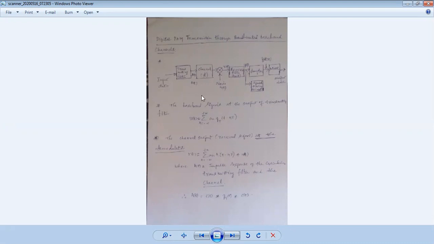c of t, that is the impulse response of this, into the input signal in the frequency domain, and what exactly here, c of t into h of t. Okay, right, that is exactly n of t. All right, so now